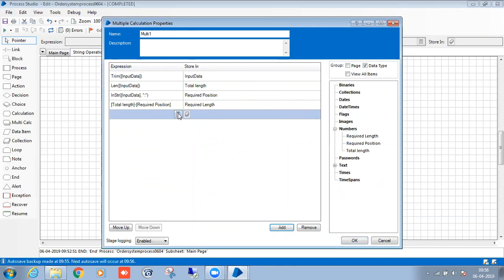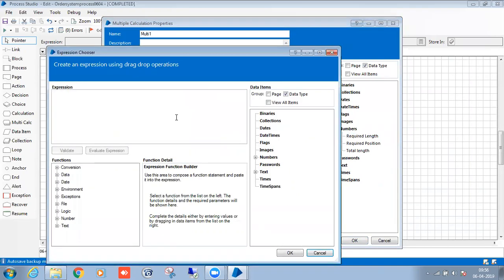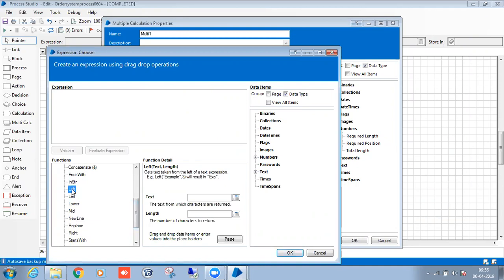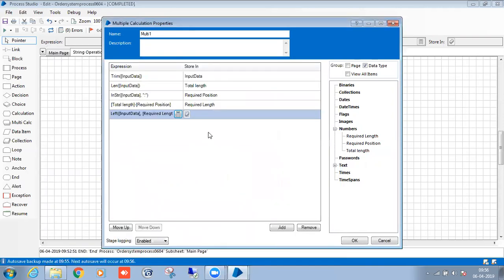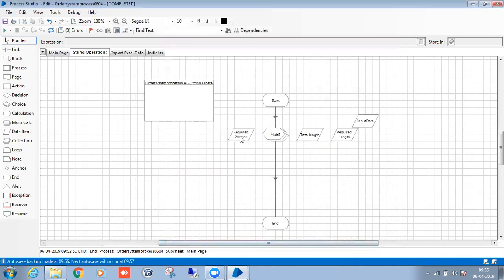After that I will take the left of the required length. That's it. I will paste it into the same data.